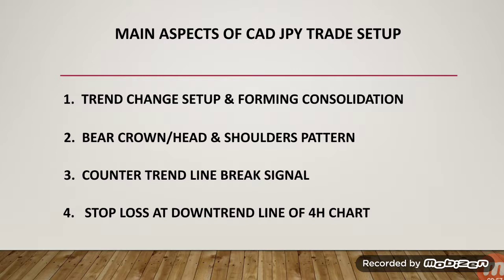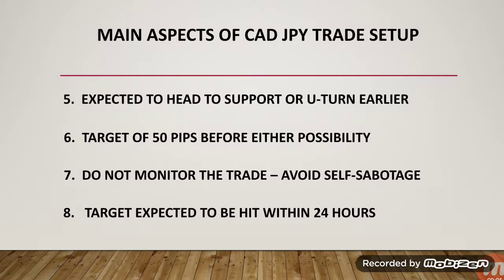And entry was going to be taking place at the break of that counter trend line setup, with the stop loss placed above the downtrend line of the 4-hour chart to protect the trade. Now the expectation was that the market was going to be headed towards the support point, but it could either hit the support point or it could start to U-turn and transition towards an uptrend before actually hitting the support point. So the trading target of 50 pips was set to take into consideration the possibility of a U-turn taking place